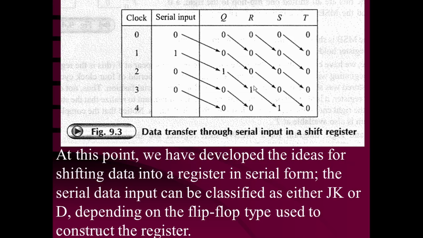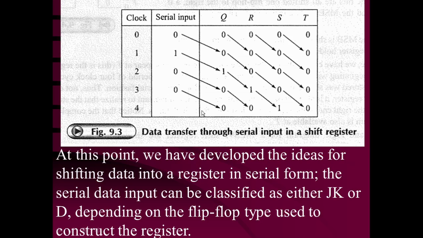Now the fourth data bit is going to be 0. The MSB, 0, will be present at the data input prior to the fourth clock pulse. So when the negative edge of the fourth clock pulse occurs, this 0 will be loaded into the first flip-flop Q. So Q is going to be reset. The output of Q will be shifted into the flip-flop R. The output of R, which was 1, will be shifted into the flip-flop S, and the output of S will be shifted into the flip-flop T.